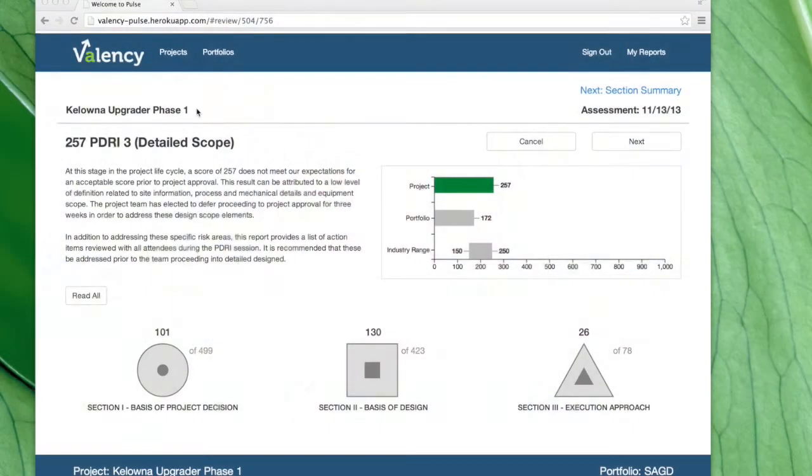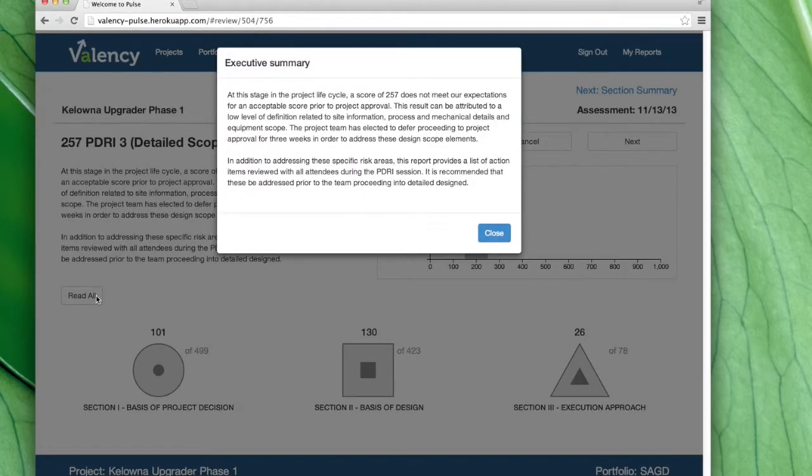With Carve, we help facilitators focus on making it easy to identify high-risk areas, but recognizing that risk needs to be considered in the context of your organizational benchmarks and industry benchmarks. On the executive summary page for the Kelowna Upgrader project, the narrative summary prepared by the facilitator is the first thing we see. If it's an in-depth summary, one click of the Read All button gives the entire executive summary